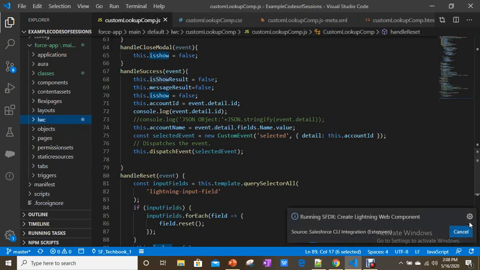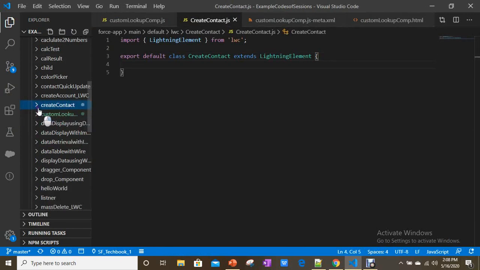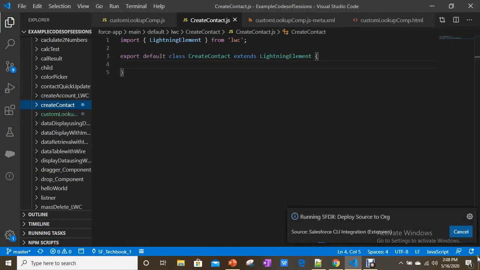This is my web component name. Now let me save this.